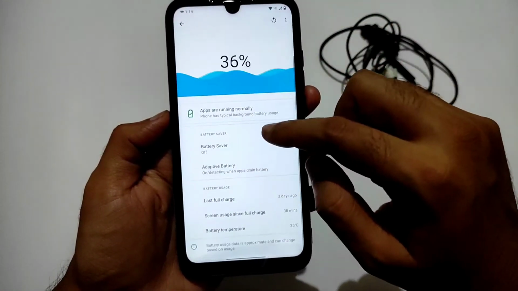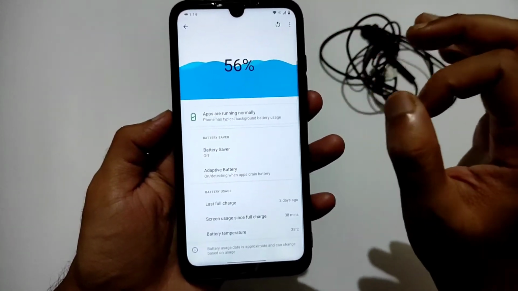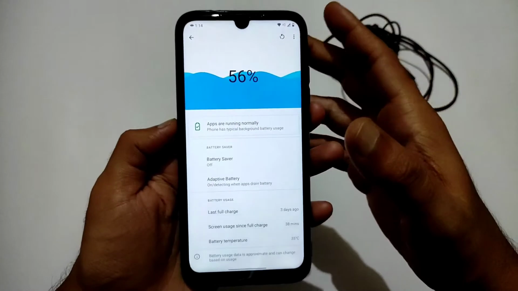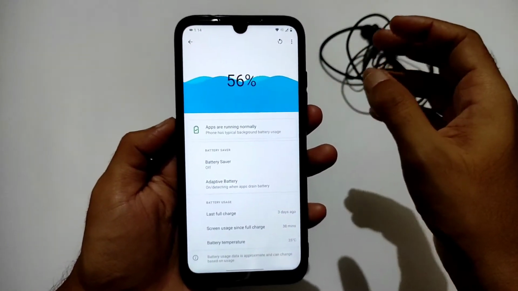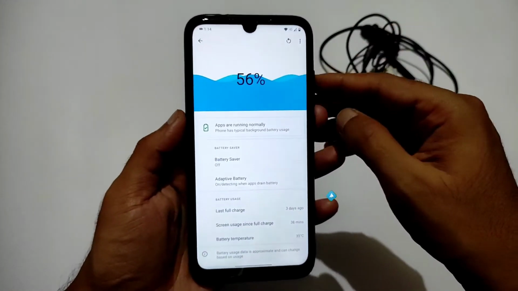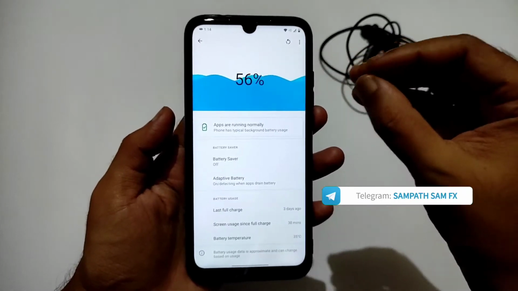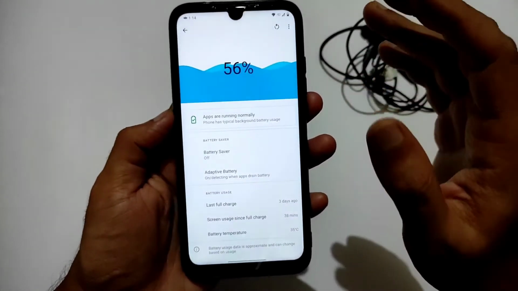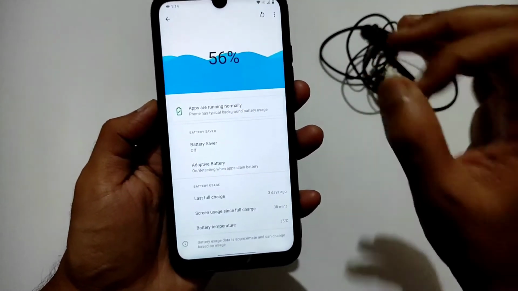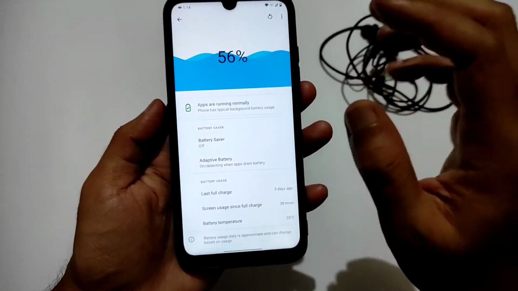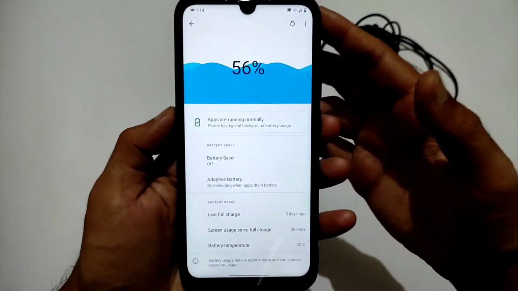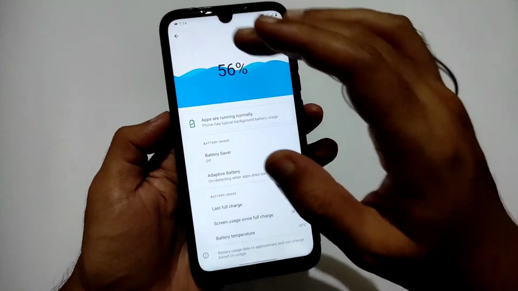And coming to battery life, it's really good in this ROM. You can definitely try it out if you are expecting very good battery life from this ROM. Yes, this is going to give you very good battery life with normal usage. Even with heavy usage, you are going to get like 3 to 4 hours of heavy, continuous games you can play in this ROM. The temperatures are also very good in this ROM if you use default settings.